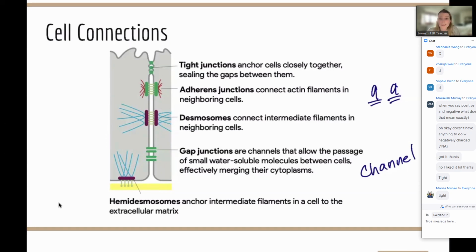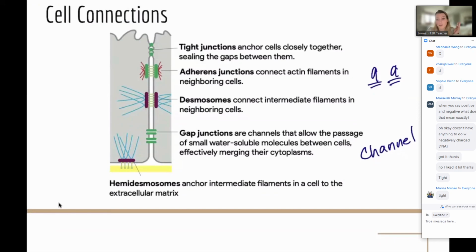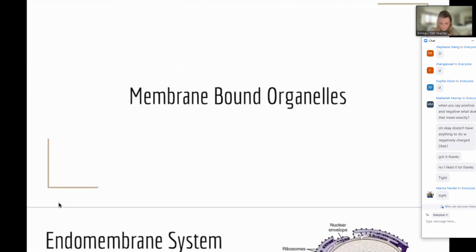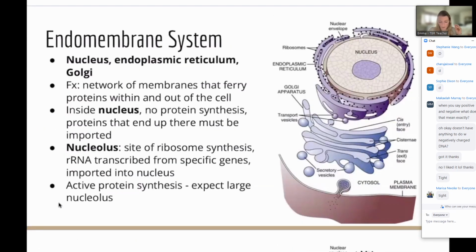So we're going to keep going on here. We talked about how they're protection, they're anchoring, but they also can help with keeping those channels open for communication. So we're always thinking about how does this structure impact the function, or why am I using this? Then when we move into the membrane bound organelles, a lot of this should be review. I don't necessarily want to speed through it, but I may not spend as much time going deep because there is a little bit of new information at the end, or maybe less commonly covered information.